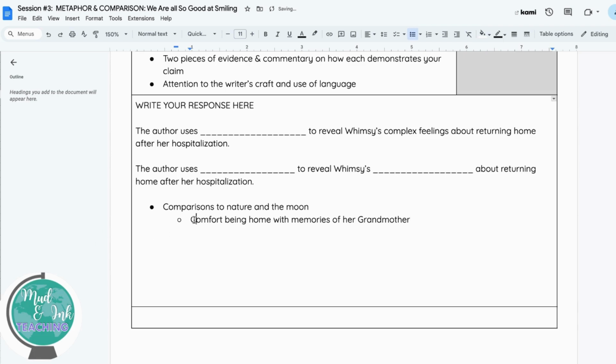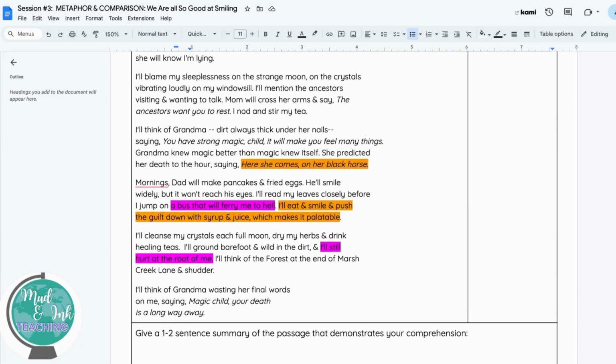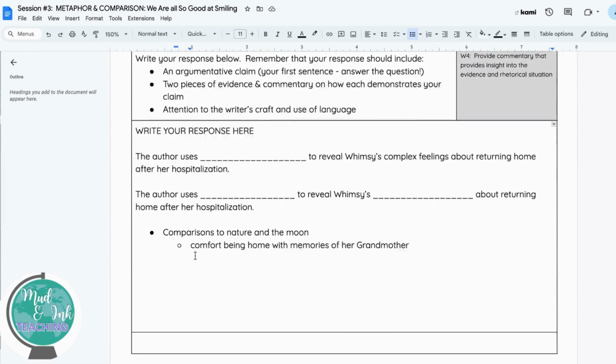Okay. And then what would we say if we looked at nature? Nature is a little bit more on that snarky side, right? The bus that will ferry me to hell. The crickets are being so annoying outside. The root of me is still in pain. So comparisons. Okay, the author uses comparisons to nature and the moon to reveal Whimsy's